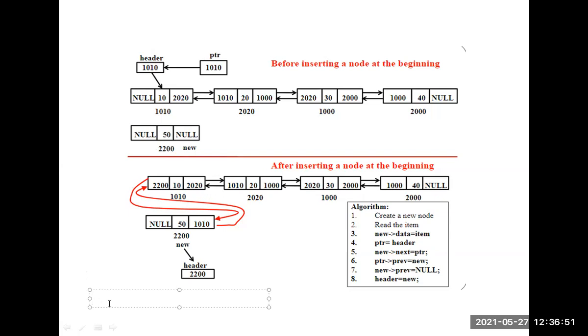So we are getting temp equal to new node, temp equal to get node, then temp of info equal to 50, left link. Then what we have to do is temp of right link. Just see, students, if you understand the previous concept, I am considering header or first. For our purpose, I am writing here header.